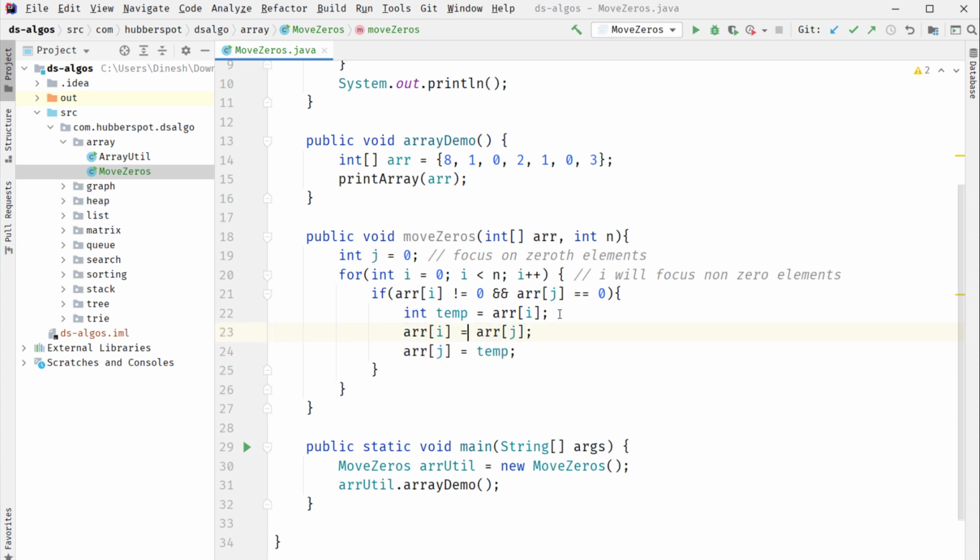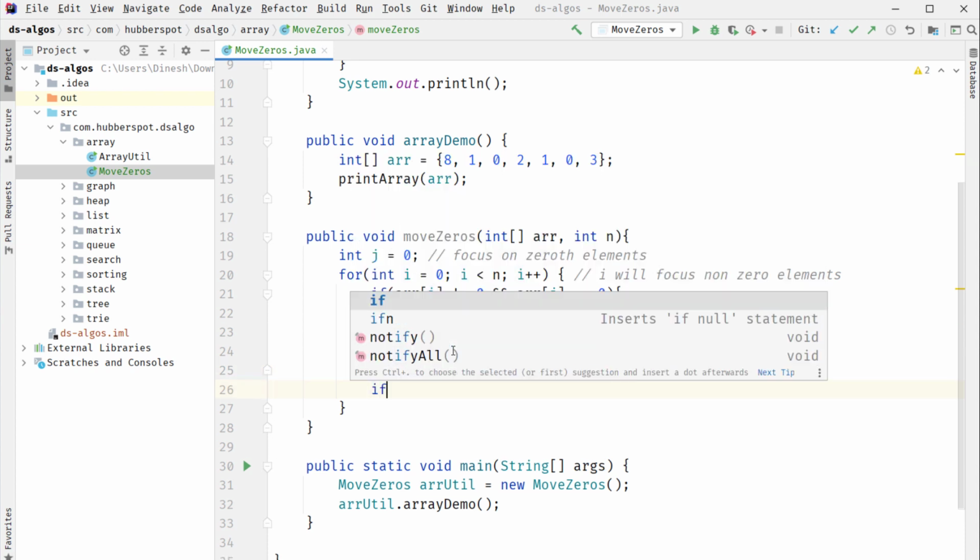So here we are assigning the value at ith index to this temporary variable, and then we are simply taking the value at jth index and storing it on the ith index, and at the last step we are taking the value of the temporary variable and storing it at the jth index. So this will simply swap the values of the ith and jth index.